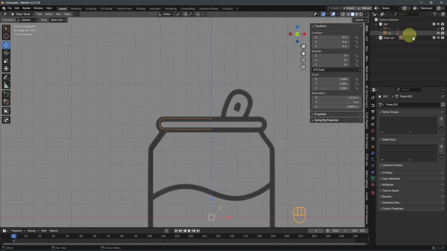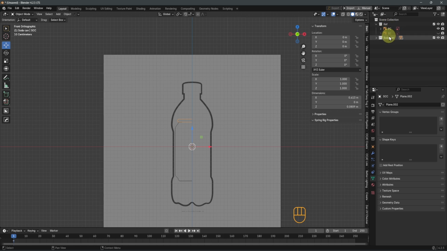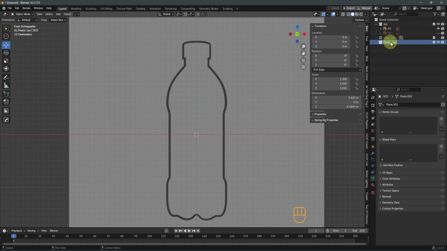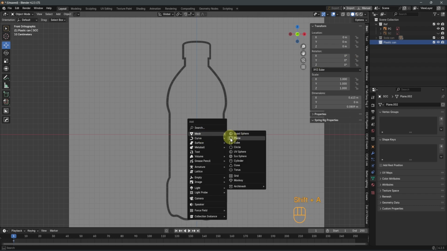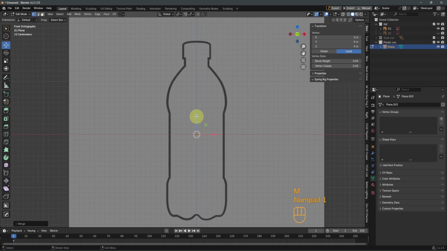I'm done with the soda can. So I'm going to hide that, bring in the plastic can. So for the soda can collection, I'm going to hide the soda can collection. And then I'll click on my scene collection and then click on new folder to add in collection. And then I'll name this one plastic can. So with that, I'm going to add in a plane, go to edit mode, merge at center, and then